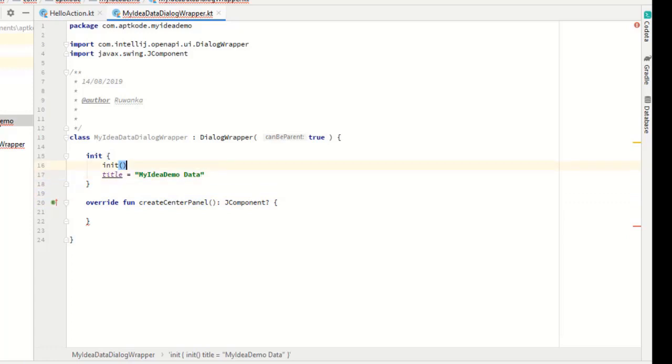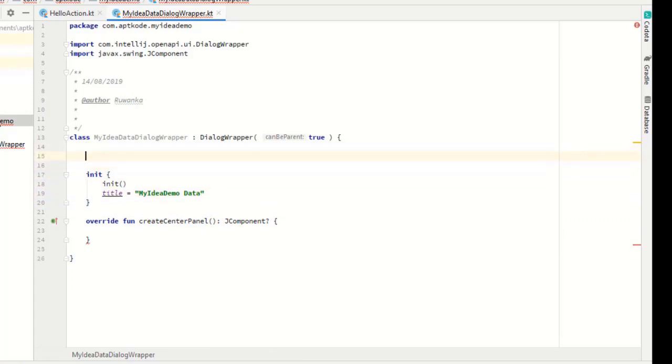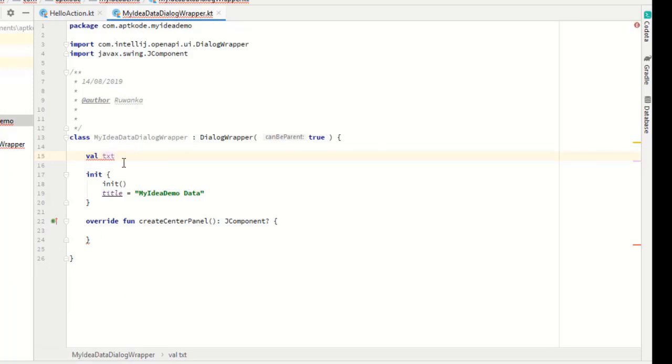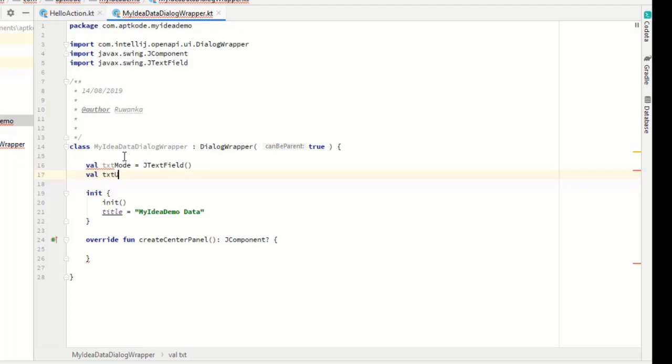Okay, so next we need to create some JPanels and some input things, right? So let's create that one. I put txt in front of the text field, right? So oops, Cortana pops up, right? Yeah, okay, so text name, let's put some data, right? Text mode. So we need to have JTextField, right? And text username, right? For that one also we need,